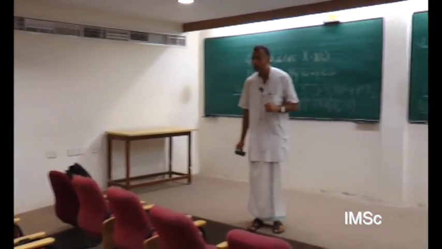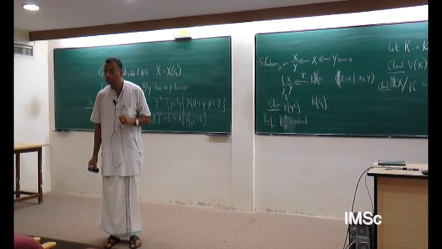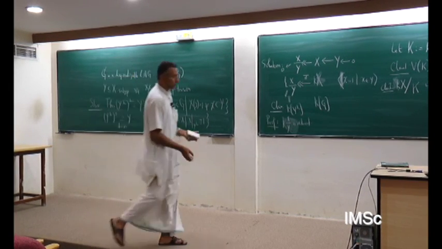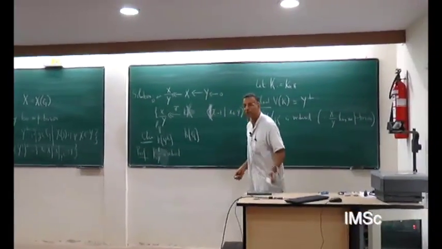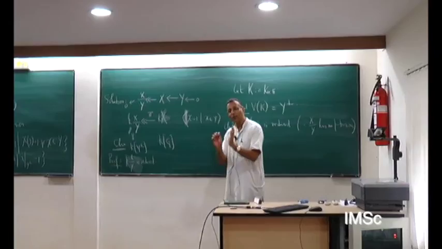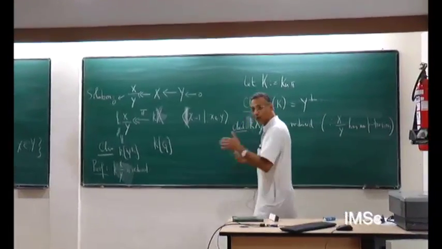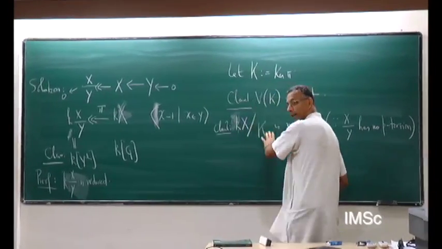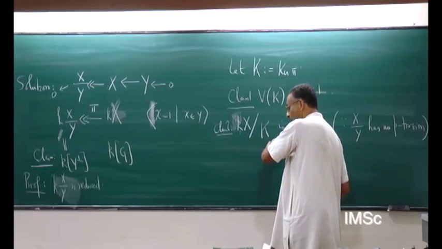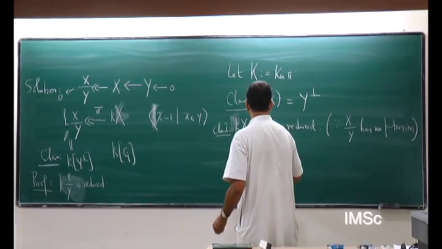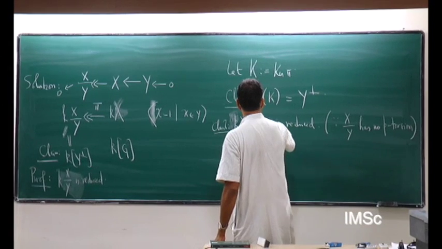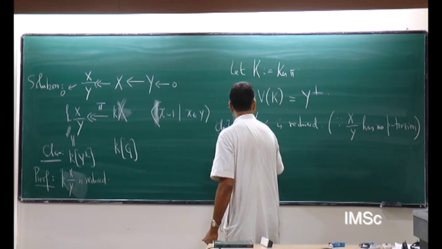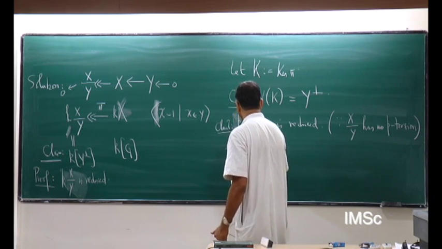If I take these two claims, what is the conclusion? I'm not giving you the proof, so to speak. I'm reducing the proof to two claims, which if you convince yourself of them, okay. If there are problems with these two claims, do come back. So this claim 1 and claim 2, we grant that, and then how does it follow is the question. From these two claims, what follows is that V of I of y perp is equal to k.